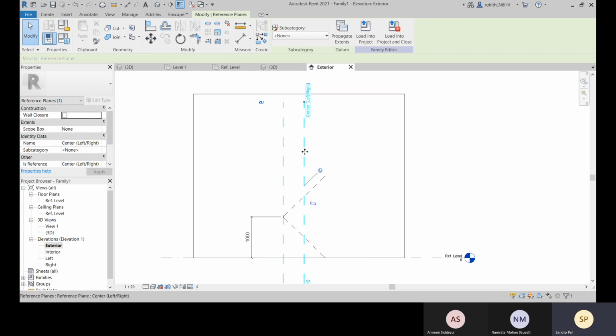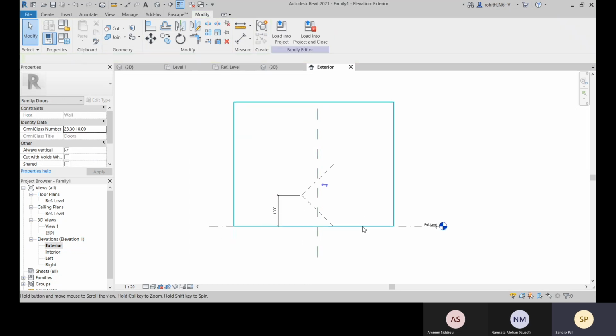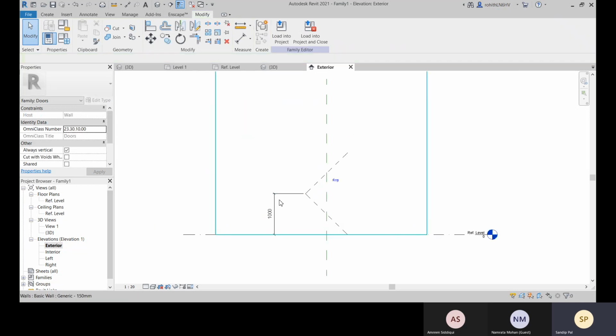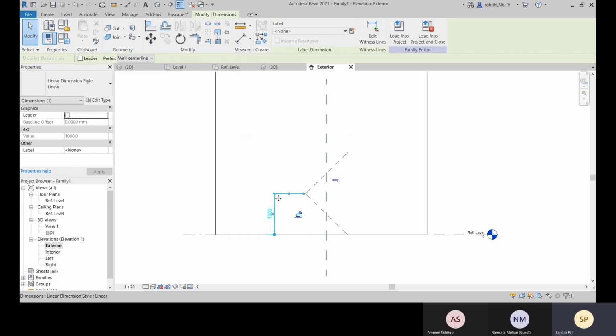So this is pinned, so we will not delete this because this is the center plane. We will delete this one. And this is your reference plane, so this should be there. We will not delete this also. Now we will delete this one.